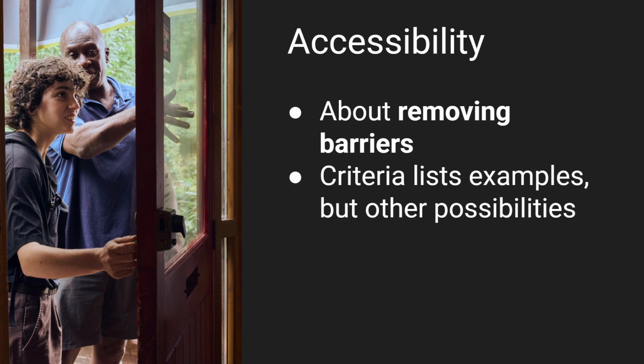And then accessibility. So the key thing here is about removing barriers, removing as many barriers to access as you can. We appreciate that not all buildings are fully accessible. In fact, most buildings are not fully accessible, particularly if you have a historic building where you're quite limited in what you can do, or if it's your own home, or you're working somewhere with a limited budget, or whatever it is, it's not possible to remove all barriers to access. But we do encourage you to think about the barriers that you can remove, the adaptations that you can make.